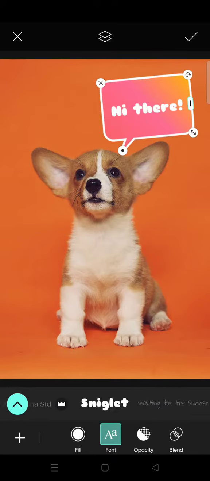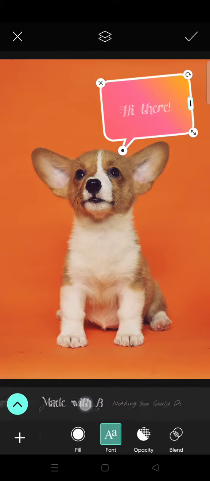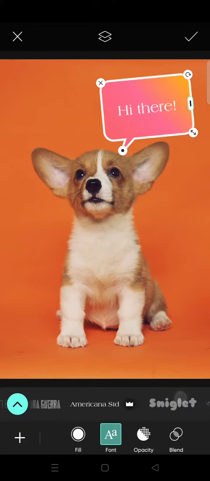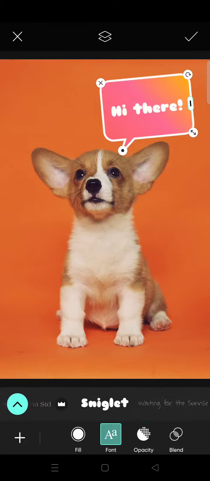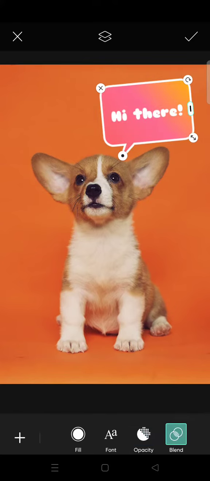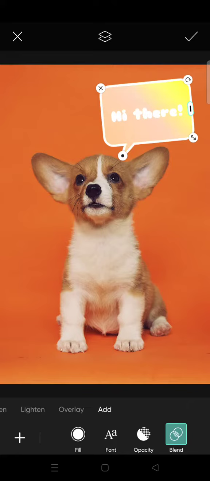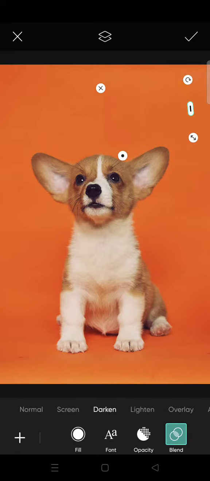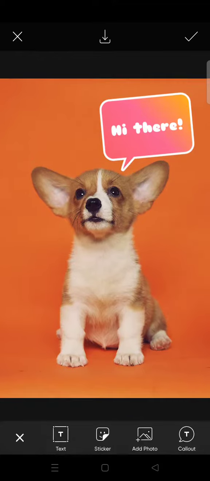You can change the font. I'm going to just choose the original, because it's kind of cute and it fits the dog. You can also adjust the opacity of the call out, and there is also a blend. You can see you can adjust the blending of the call out. I'm going to just choose normal, and after that, when you're done, just click on the check icon